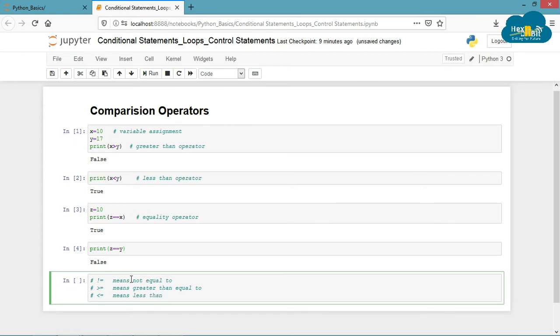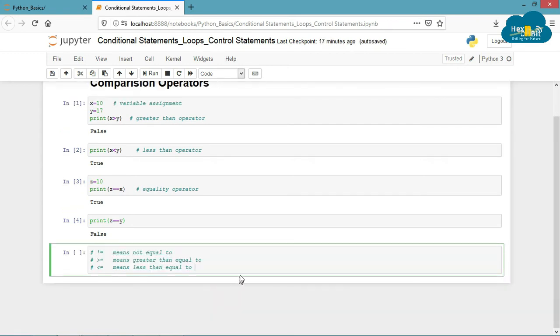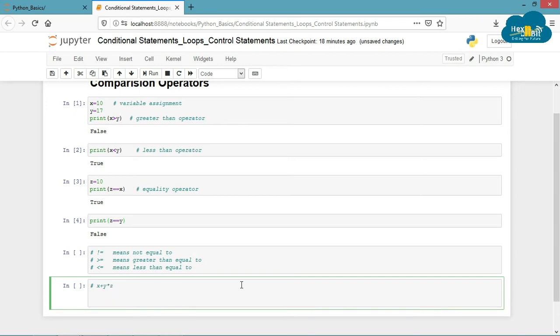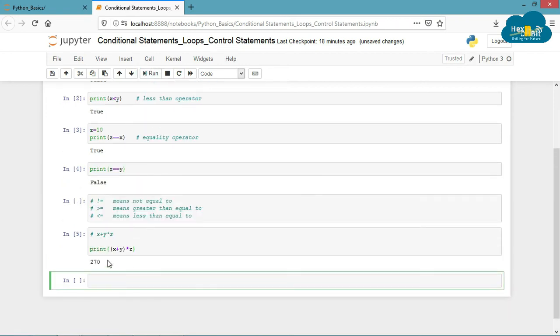Again, operator precedence should be taken care of when using multiple operators within one statement without parentheses to separate the operations. You can check the operator precedence in the Python documentation. For example, if you are performing an arithmetic operation where x is added with y and then multiplied with z, you must practice to write it as x plus y in a single bracket, then multiplied by z, and enclosing this complete expression in brackets.